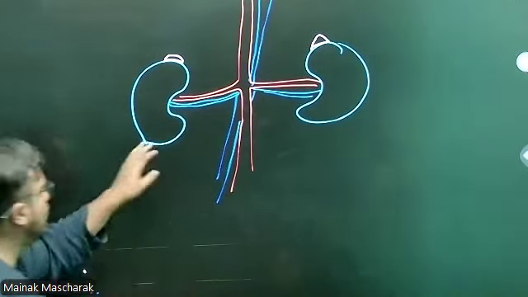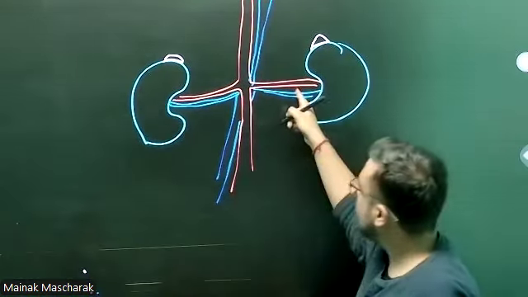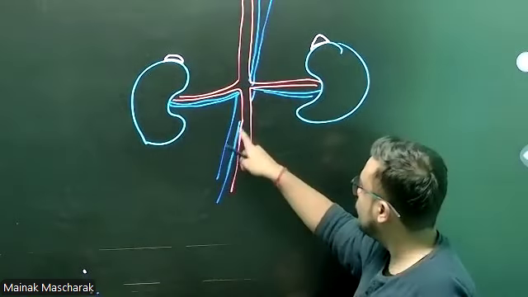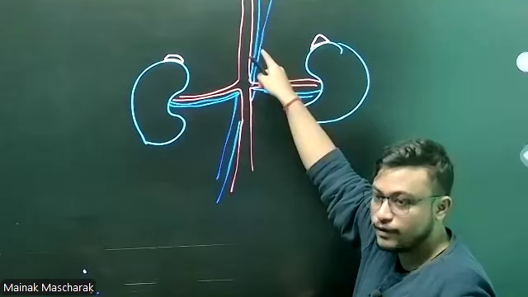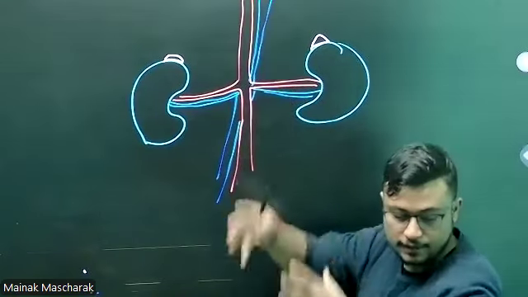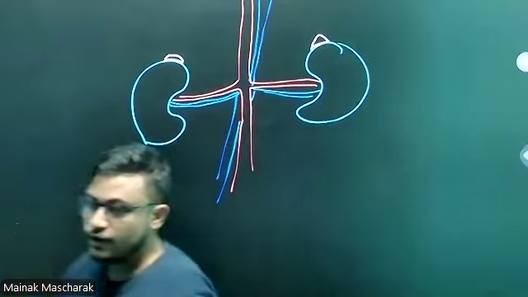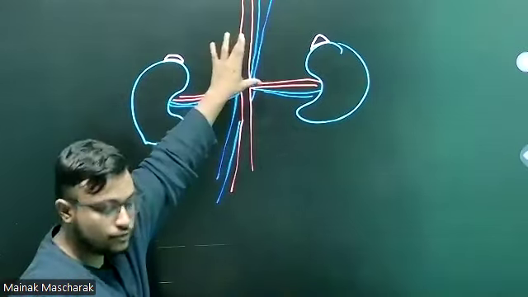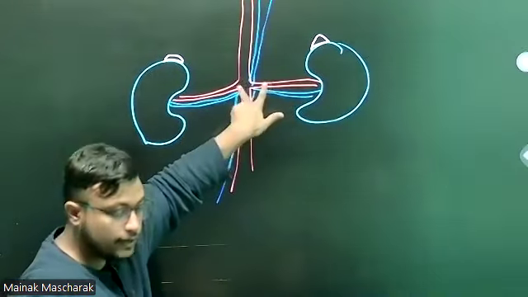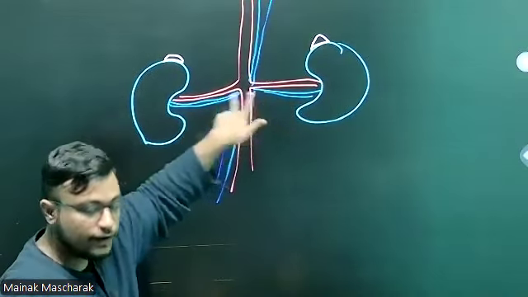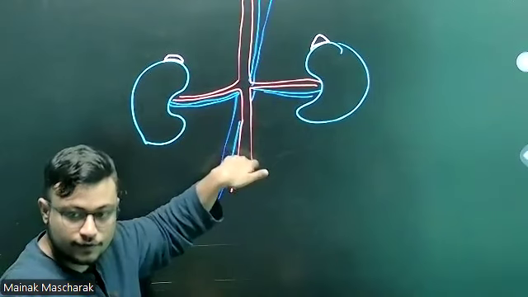Yes or no? So we have the renal artery, we have the renal vein which joins to form the inferior vena cava, and this is the branch of the aorta, which is the iliac artery. Okay, whatever. Just remember that this is a branch of the aorta from where the blood is coming. This is the renal artery. These two are the renal arteries. These two are the renal veins. The renal vein joins in the vena cava.